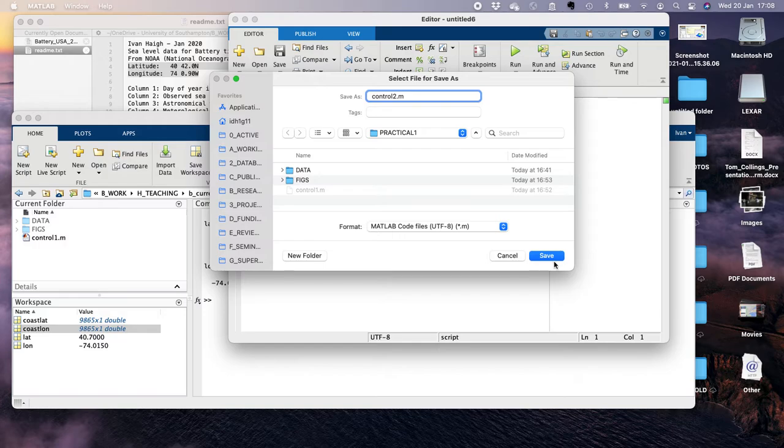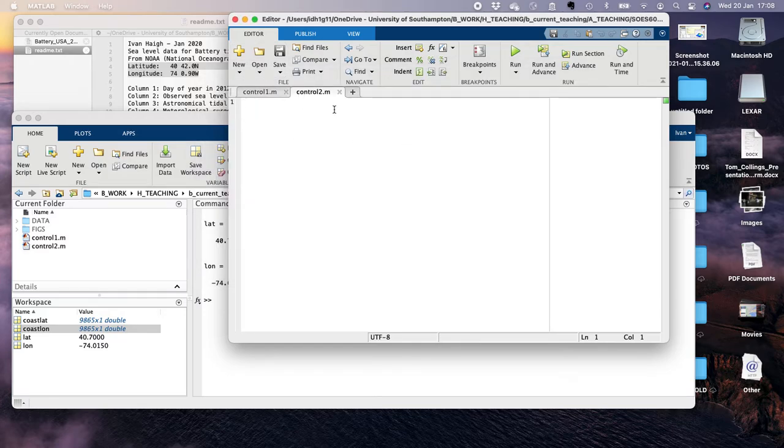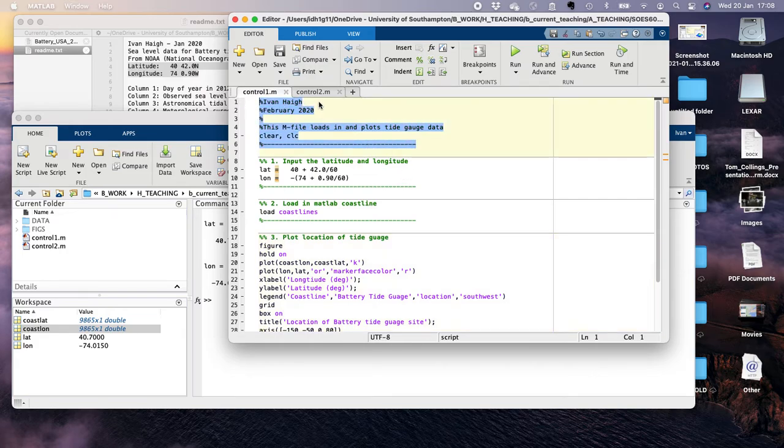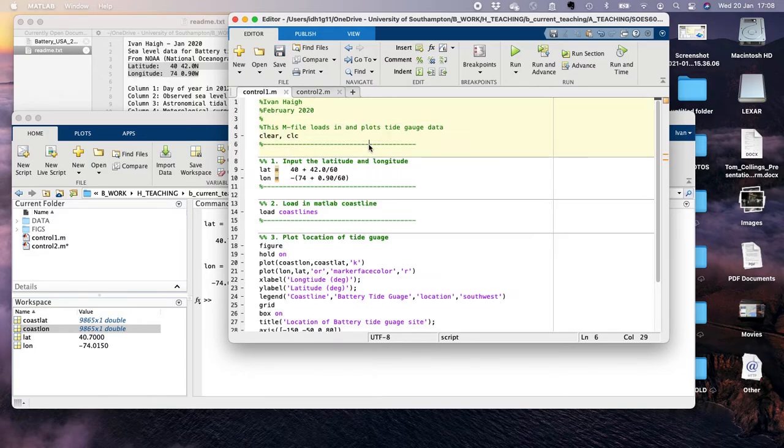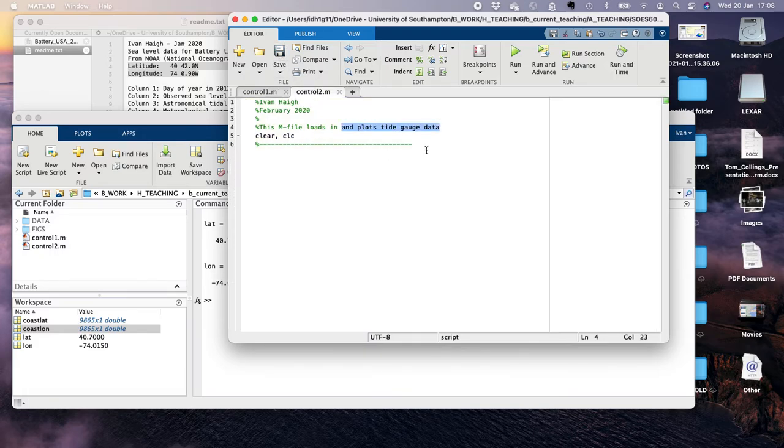So I always like to break it down, and later on we'll set up a README to remind us what each of these is. Now I'm going to cheat and copy in my heading again by cutting and pasting, and this M file loads in and plots tide gauge data. This one should have said this M file plots the tide gauge location. Okay. My first step, as always, is going to be to